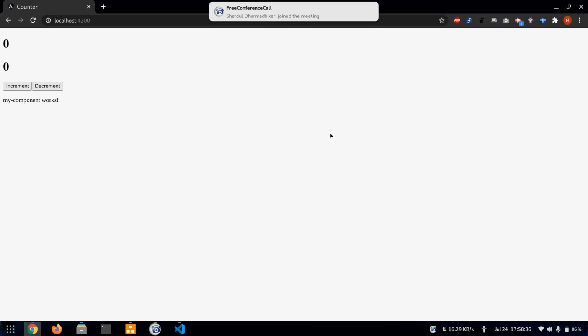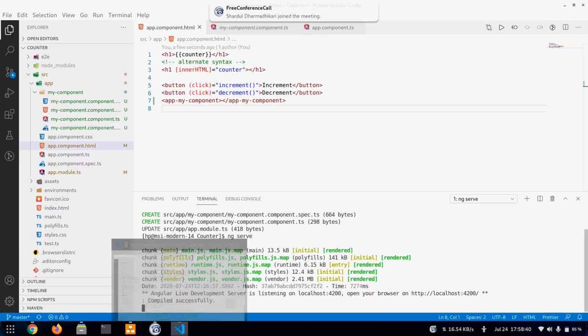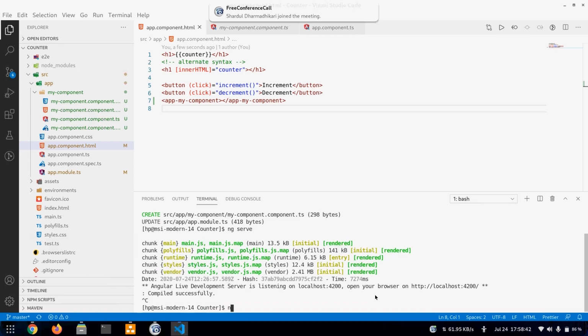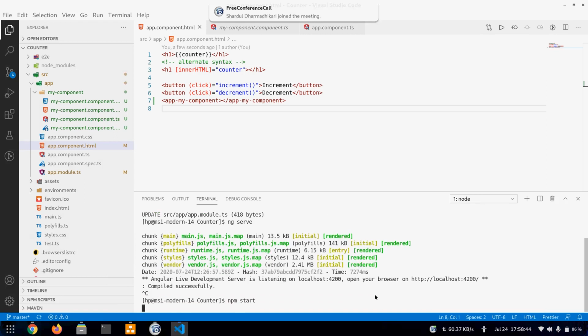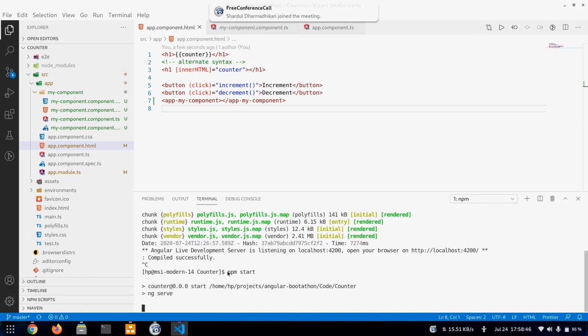Harshit, is it npm start or is it run start? npm start works. Yes, npm start. Okay.